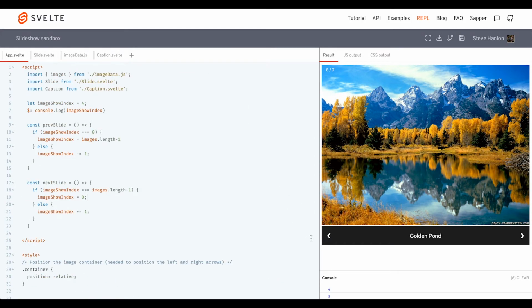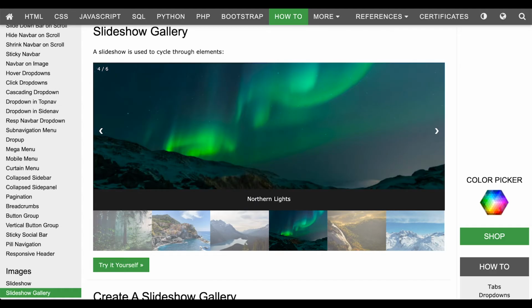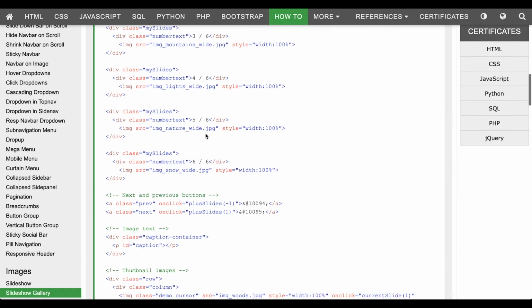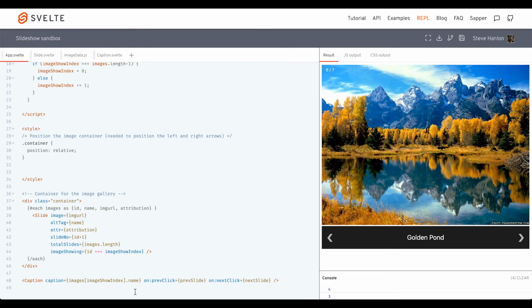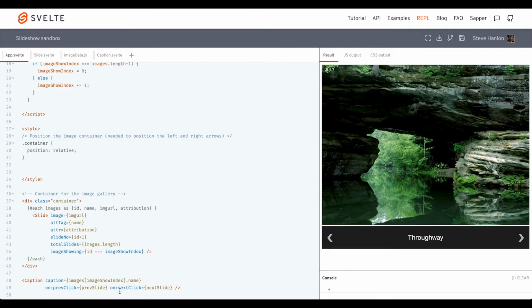Then the last part we want to do is put the thumbnails at the bottom. So let's go over to W3 Schools and take a look at where the thumbnails are. And so we have an outer div called row. And then each of these divs represents one of the thumbnails. So let's go ahead and copy one. We'll know that this is going to be a component here. We'll copy the outer div. And below the caption component,